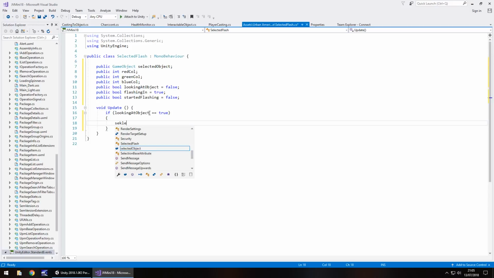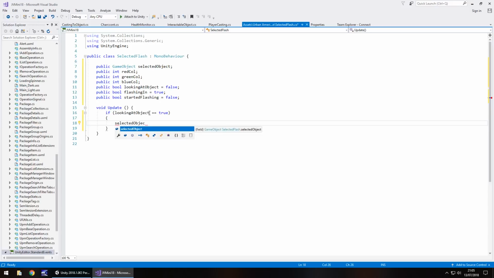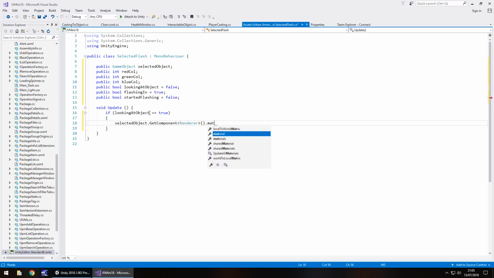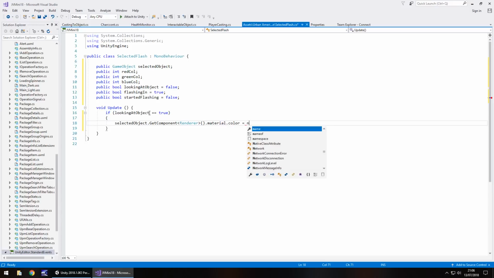So selected object dot get component, and in angle brackets renderer, open close bracket, dot material, and material is lowercase, dot color, and color is spelt the American way, not the British way, equals new Color32, and in brackets we now have